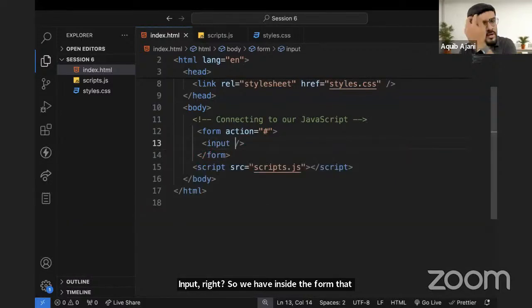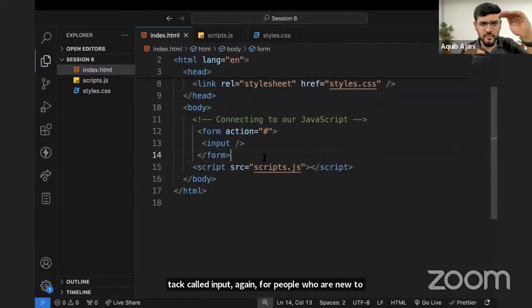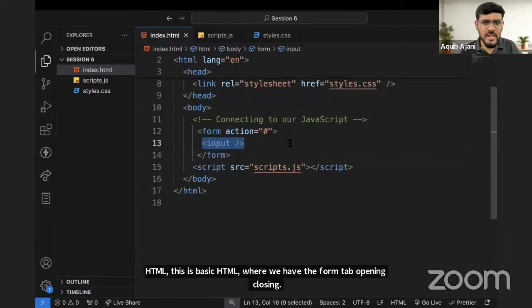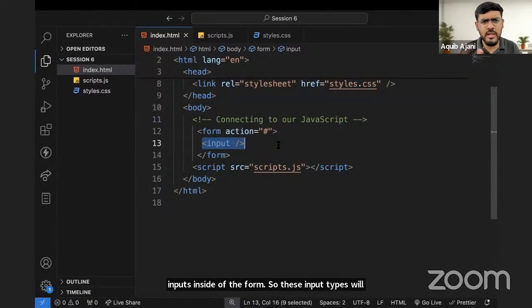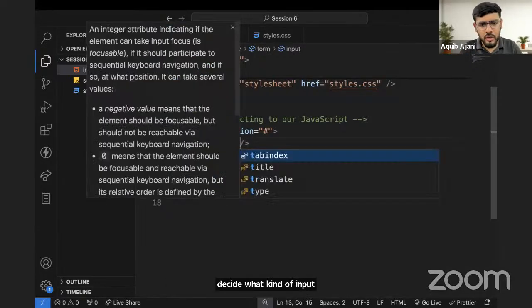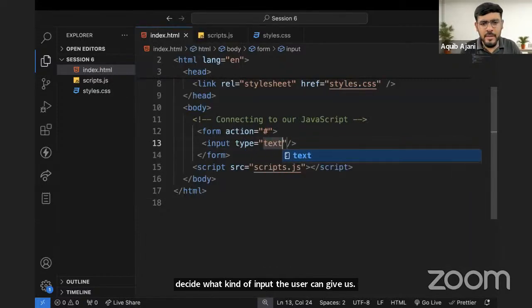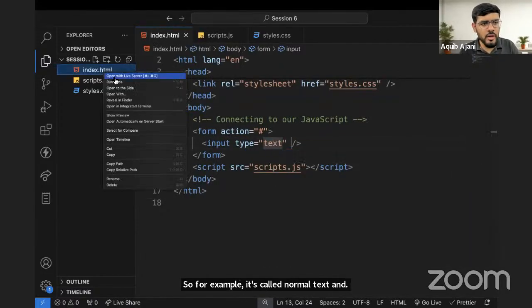Again, for people who are new to HTML, this is basic HTML where we have the form tag, opening, closing. This creates the form. And then we have several inputs inside of the form. These input types will decide what kind of input the user can give us. So for example, if you want a normal text input, then we say type equal to text. Now, if I go ahead and open it up,